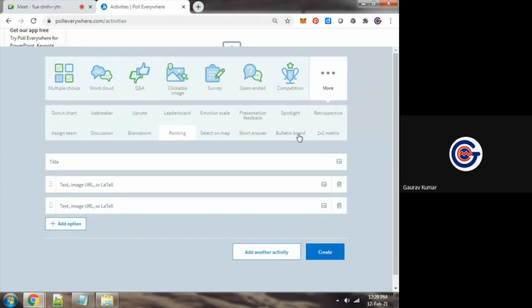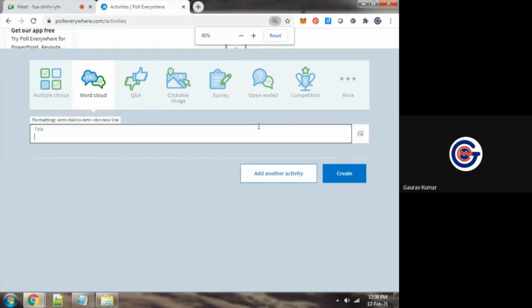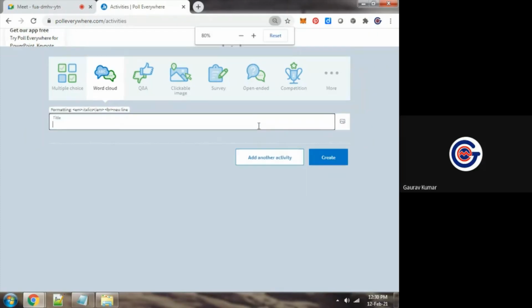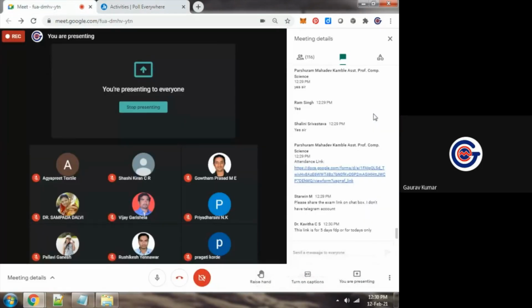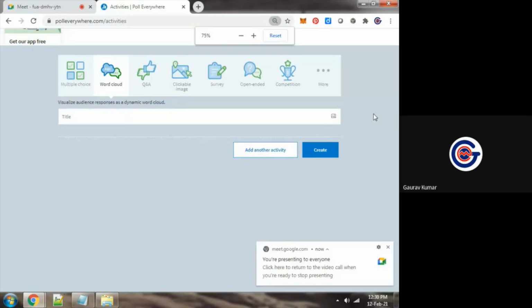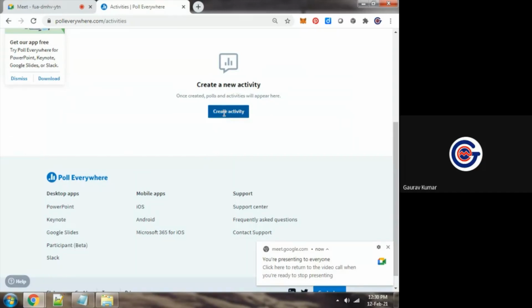Or an emotion scale that we have just done, or a word cloud. In a word cloud, suppose I want to get your responses, and I want to highlight the response which is in maximum occurrence.